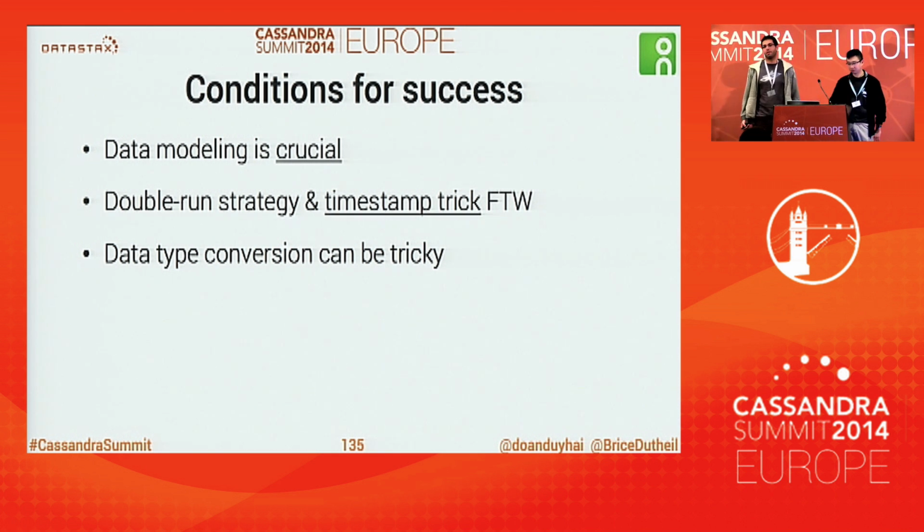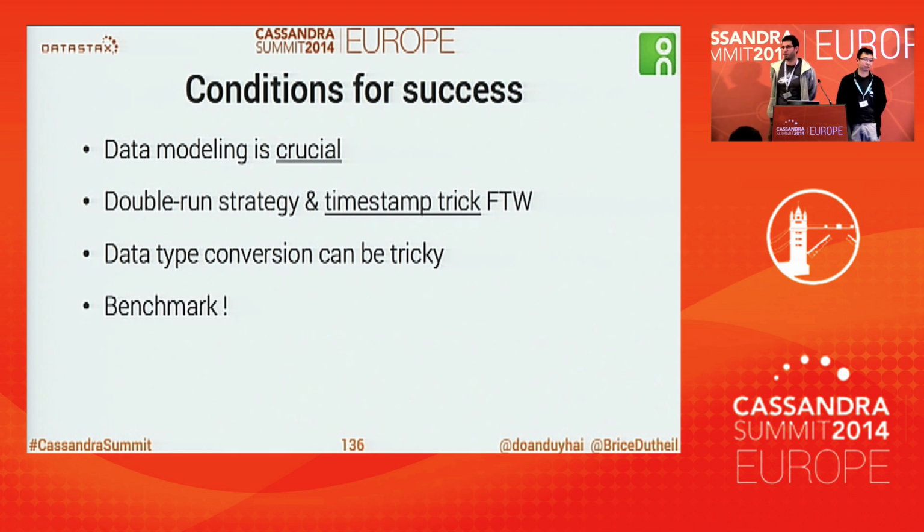Data types between the SQL world and Cassandra are very different, and you have to take a lot of care to understand what this means in terms of size and capacity planning, because, as you said, ints or UUIDs can have an impact on your ring, and we may not have an upper ring with 17,000, I don't know, rings. It's a lot. Benchmark. Really benchmark, because things, as I said, that are not visible at a low scale become visible under load. And it will reveal things in your code, as in your data model.